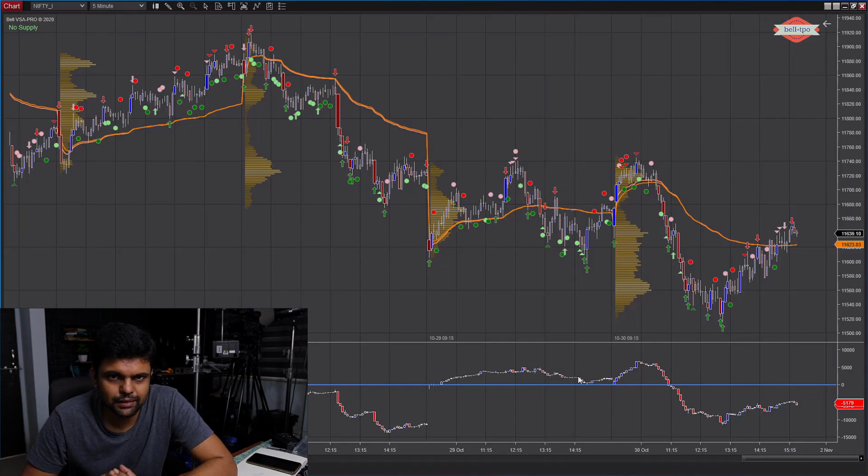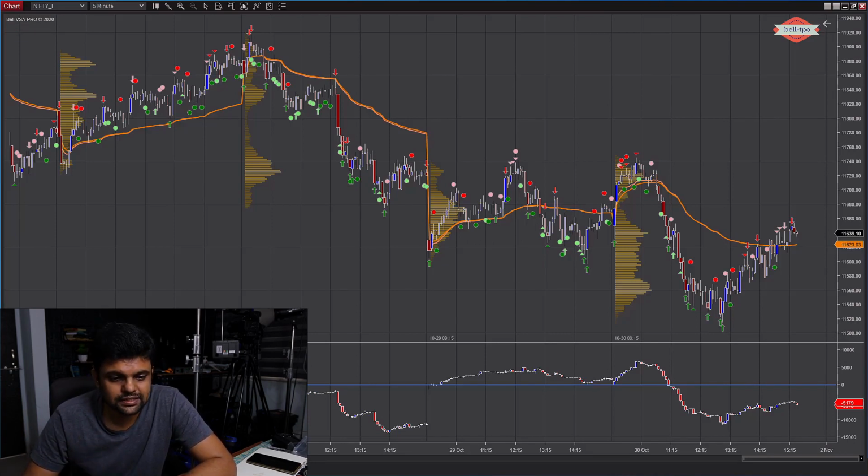Now if you have been tracking my methods of trading, you know that the 0 line is important, and whenever delta crosses above or below the 0 line, it does signal some shift in sentiment in the market, or the control that is shifted from buyers to sellers and vice versa. So this is important. The 0 line you have to plot. Now we have the Nifty VSA chart plotted.